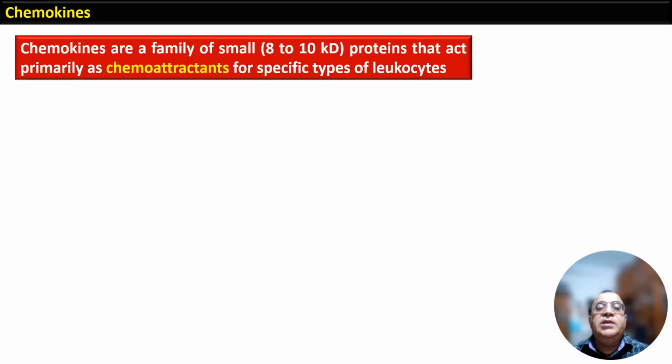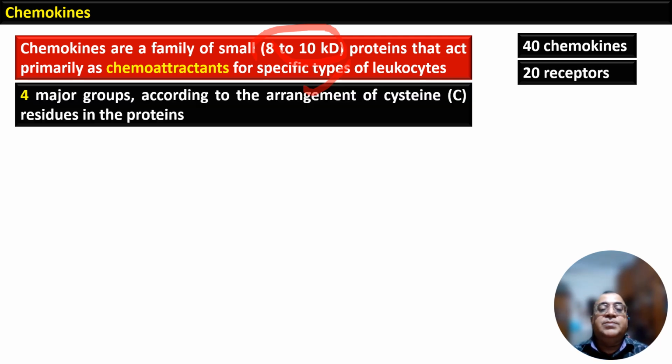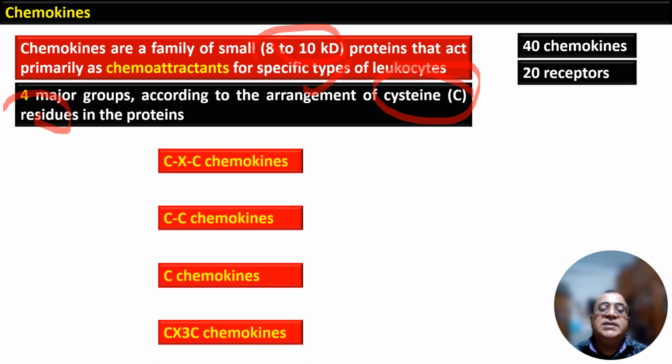Now about the chemokines. These chemokines are a family of small proteins that act primarily as chemoattractants for a specific type of leukocyte. They are about 8 to 10 kilodalton in weight, and about 40 chemokines have been recognized with 20 receptors for these. They are classified on the basis of arrangement of cysteine residues in the protein, and the four major classes of these are CXC,